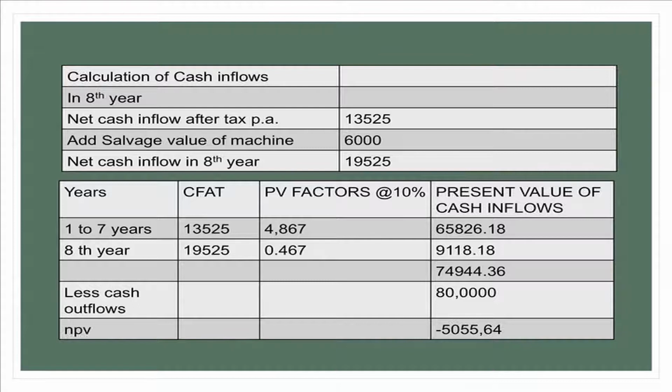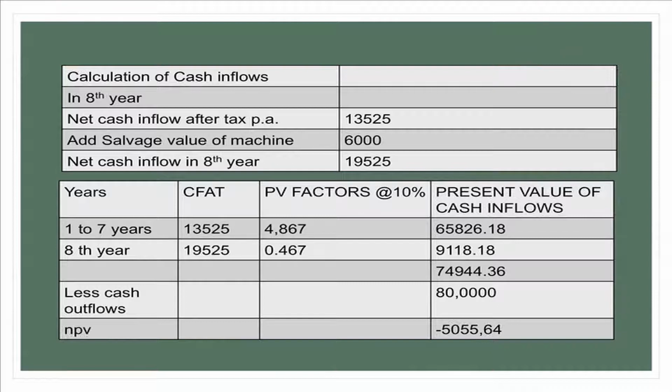So, we will present a tabular format and find out the present value of cash inflows. From year 1 to 7, as we have mentioned in column 1 here, years 1 to 7, the cash flows after tax is 13,525. PV factors at 10% will be 4.8671. So, from year 1 to 7 we will add the PV factors, that is 4.867, multiply the PV factors with cash flows after tax. So, we will get the present value of cash inflows as 13,525 into 4.867 is equal to